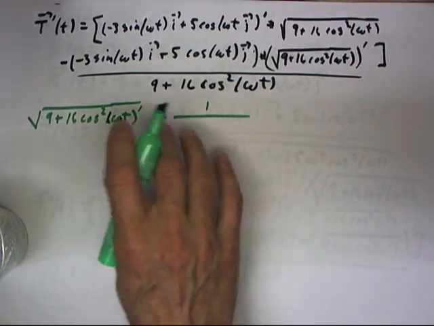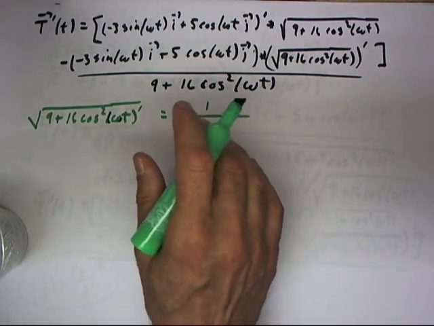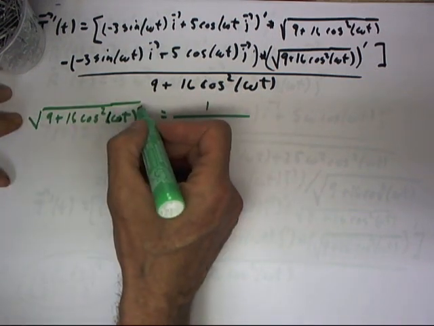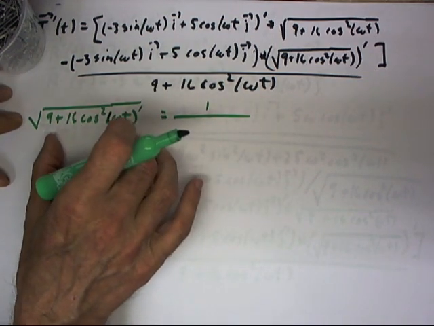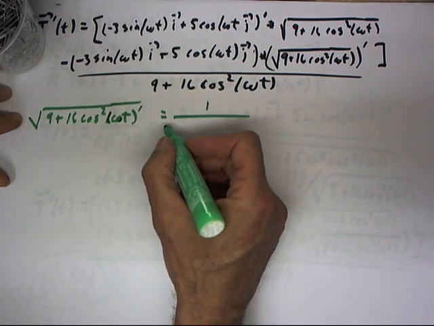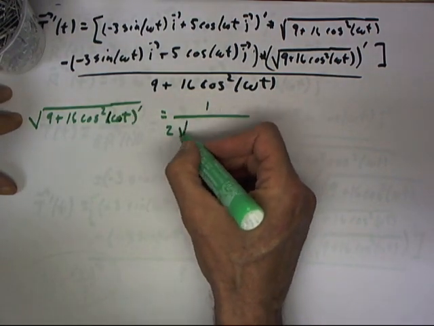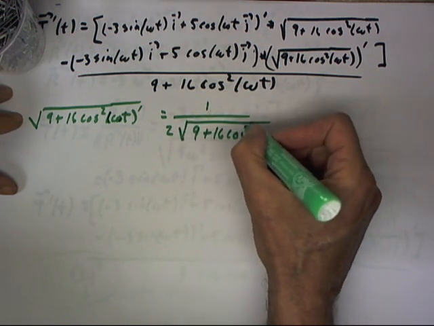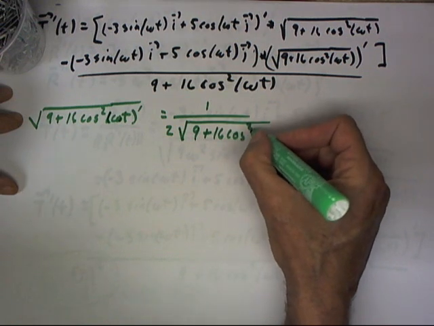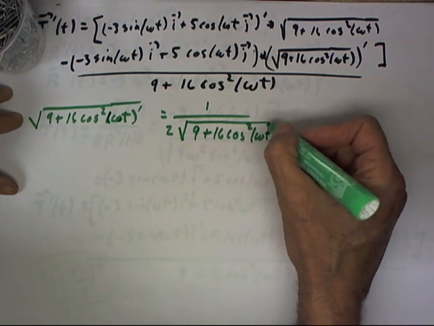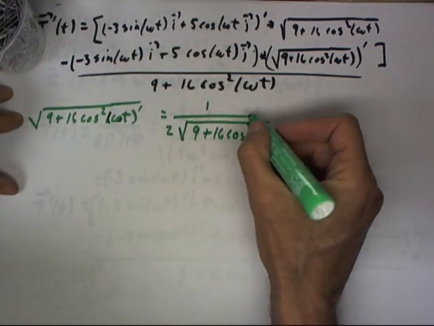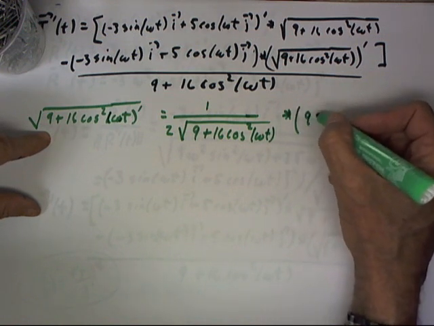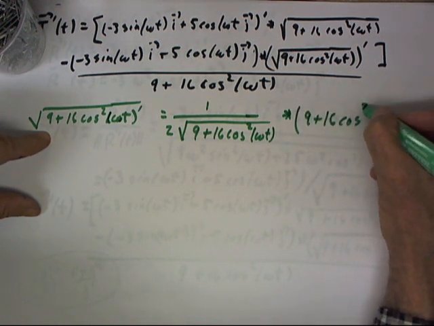And if you don't know it well enough, you need to go back and do some exercises from first year calculus. We have a square root function of some function of t. We should know then that the derivative of that is going to be 1 over 2 times the square root of that function, just knowing the derivative of a power function, and this being a power 1/2 function. So we're going to have 1 over 2 times the square root of this expression, multiplied by the derivative of 9 plus 16 cosine squared of omega